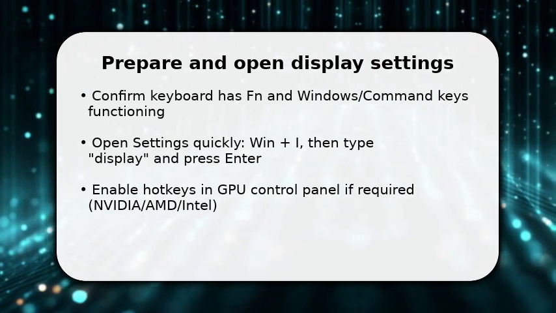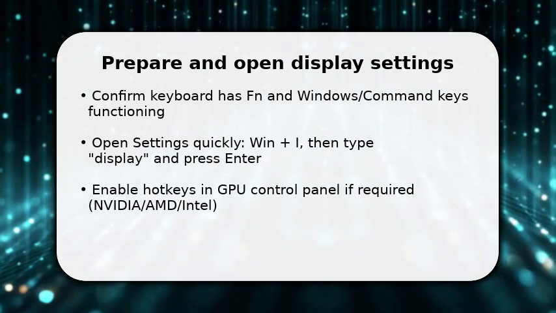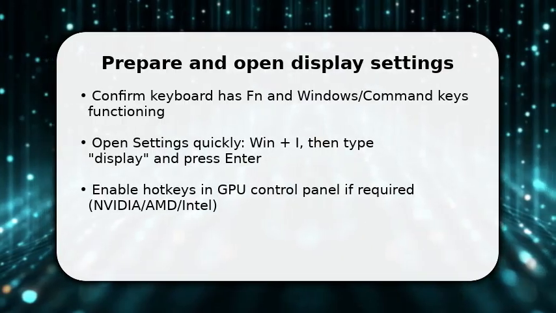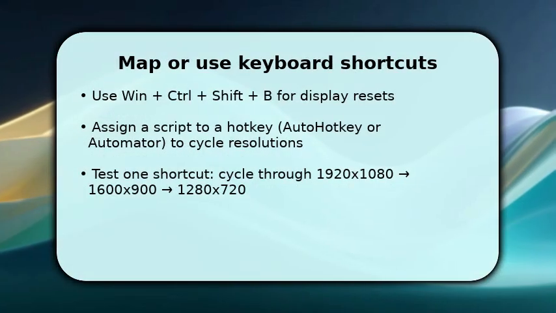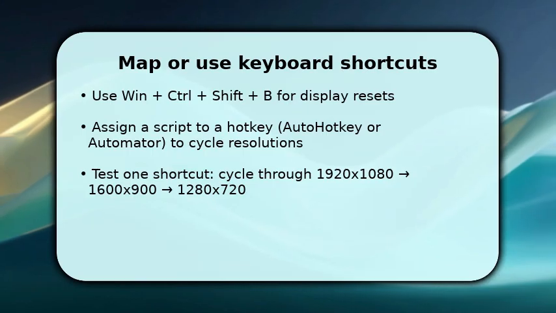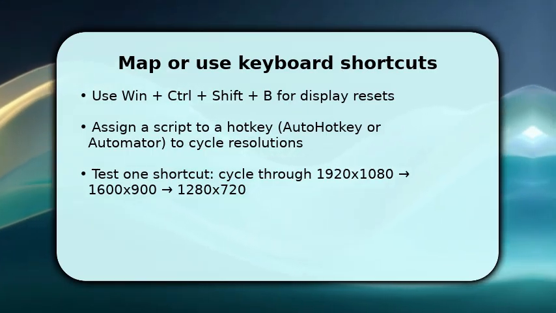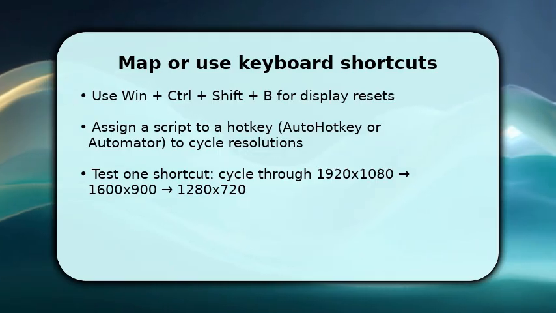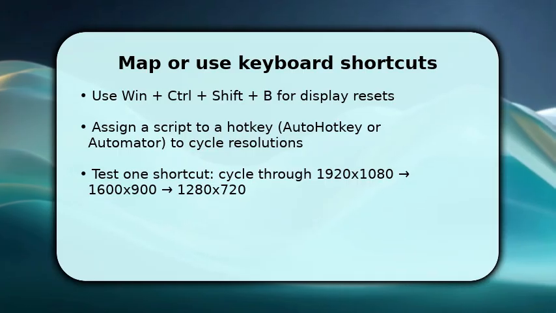Now you map or use keyboard shortcuts to change resolution. You can run Win plus Control plus Shift plus B to reset the display if it glitches. But for real switching, assign a script using AutoHotkey on Windows or Automator/AppleScript on macOS to cycle resolutions. Once done, bind that script to a single hotkey combination and test it, cycling through common presets like